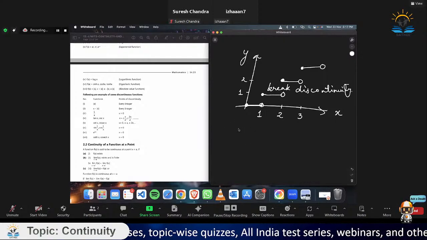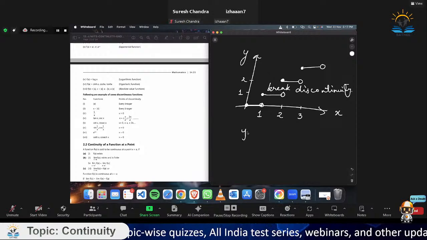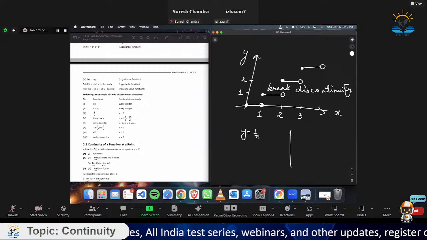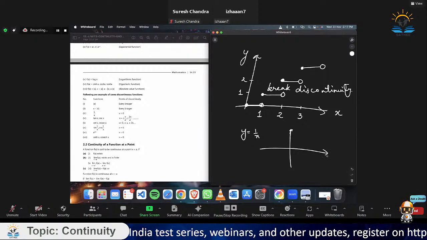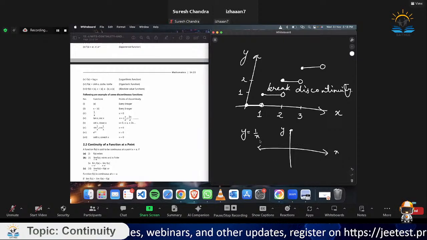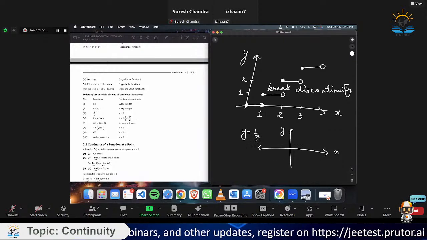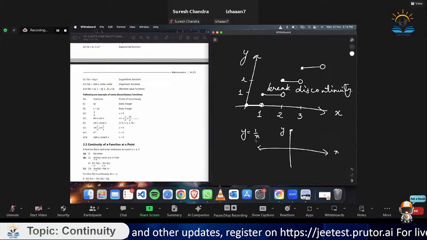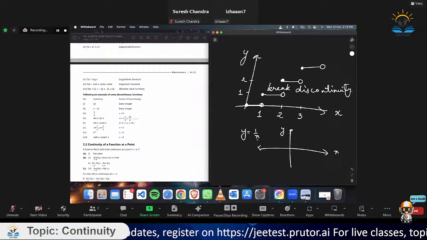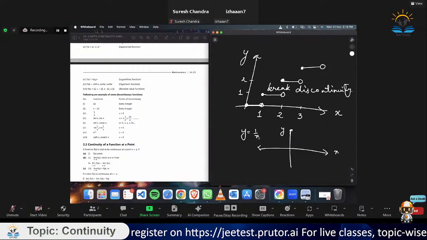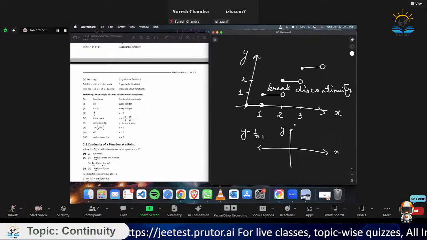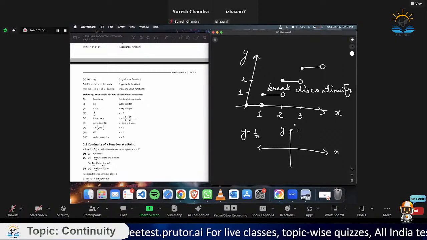How? Let's say y is equals to 1 upon x का ग्राफ कैसा होगा? Let's see, ये है y, ये है x। x की मैं बहुत छोटी वैल्यू, लेट्स से अप्रोक्सीमेटली इक्वल टू 0 अगर करूं, सो y की वैल्यू टेंड करेगी कहाँ पे? इंफिनिटी को। और जो x की वैल्यू मैं बहुत बड़ी कर दूं, अप्रोक्सीमेटली इक्वल टू इंफिनिटी, तो y कहाँ टेंड करेगा? 0 को।